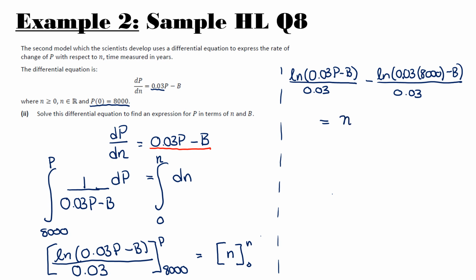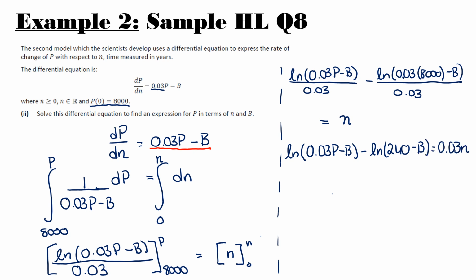So I'm going to multiply everything by that 0.03 to get rid of the fractions. That gives me ln (0.03p minus b) minus ln, let's multiply these two together. That gives us 240 minus b, and that equals